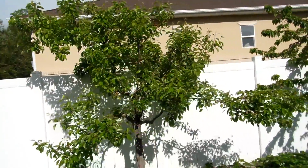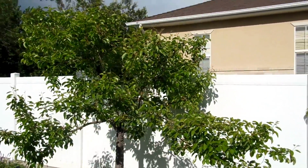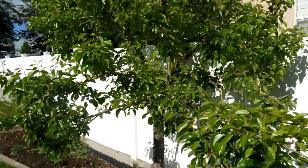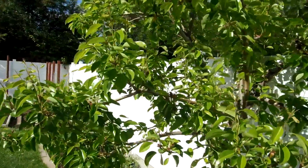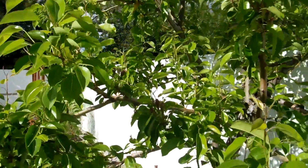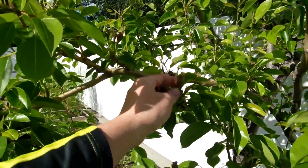So here's our pear tree, looking good. Got a lot of new leaves coming out. Looking very nice and leafy. Man, this changed a lot. It's hard to see the fruit now. Anyway, they're right there,